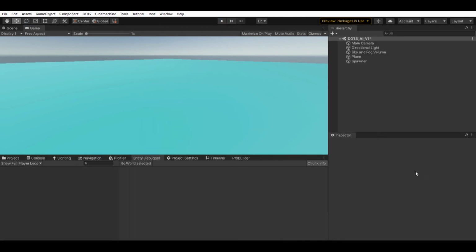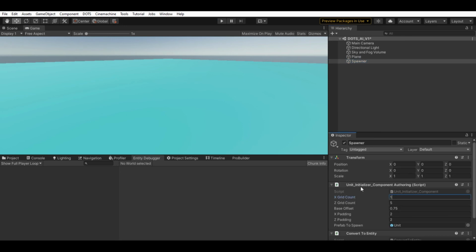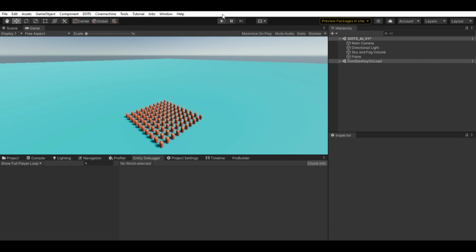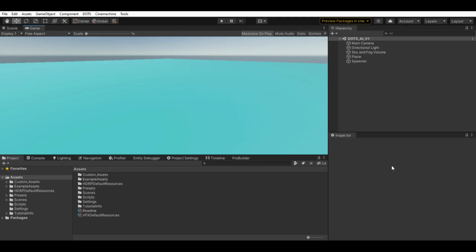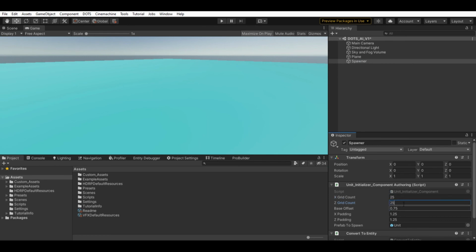As seen in the Entity Debugger, we only have the entities which we spawned and not the converted entity as we destroyed it. Instantiating entities this way is extremely fast and performant, as all instantiation happens at once. I will try and use this similar spawner in the future as well.